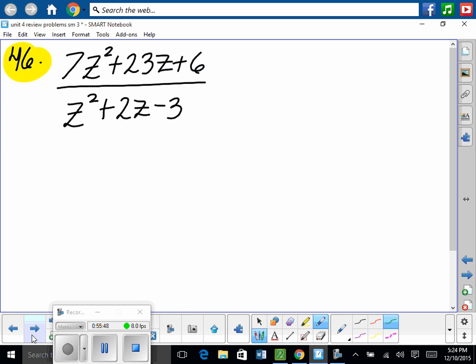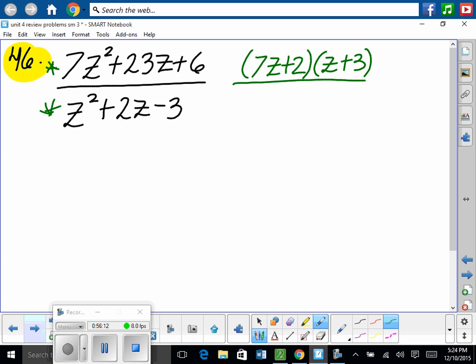All right, so number 46, hopefully you can factor this. I'm going to just write out the factors. You really should know how to factor, so I'm not going to take the time to do that. If you factor this correctly, you'll get 7z plus 2. So if you need to push pause on the video and factor this, do that. The top factors to be 7z plus 2 and z plus 3. The bottom factors to be z minus 1